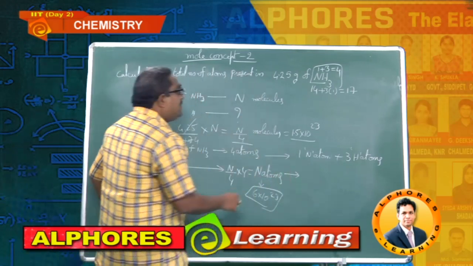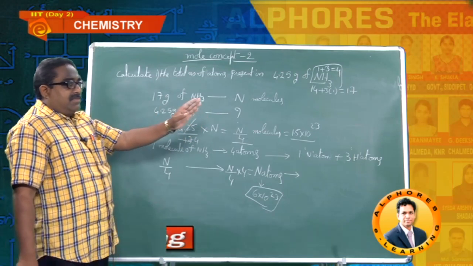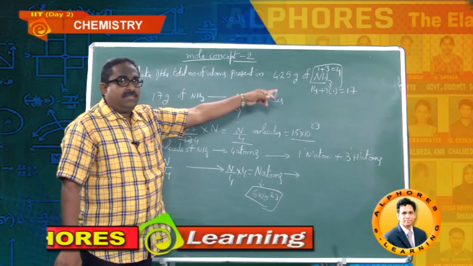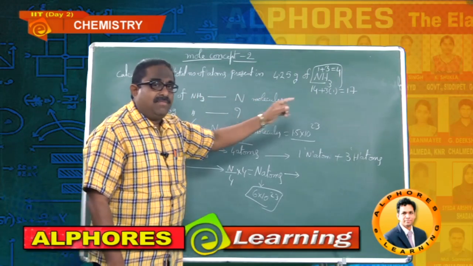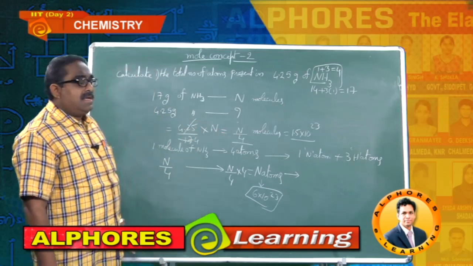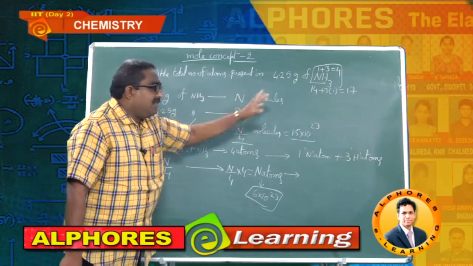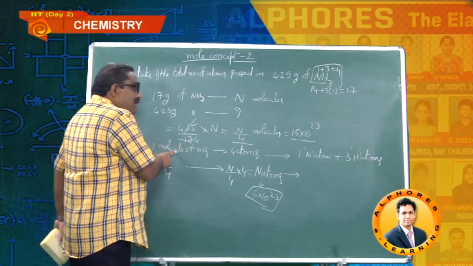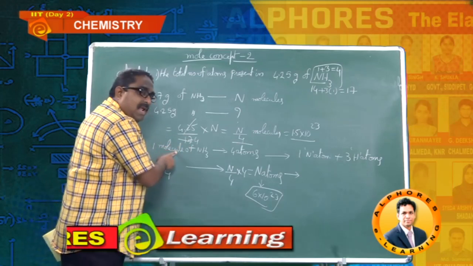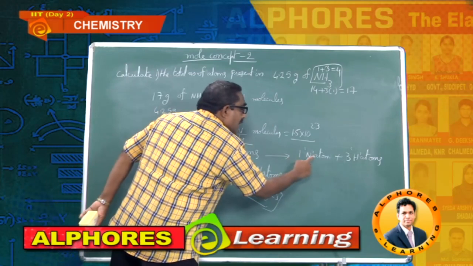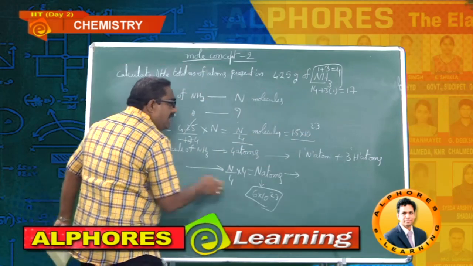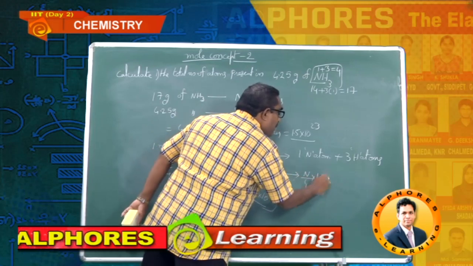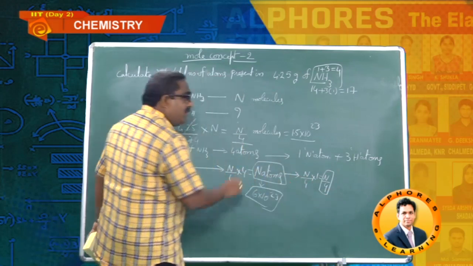Similarly, if the question is asked for individual atoms, that is, how many nitrogen atoms are present or how many hydrogen atoms are present? The same question can be asked even for the individual calculation of individual atoms there. Yes, for that I have written there. Again, 1 molecule of ammonia, observe it, 1 molecule of ammonia, 1 nitrogen atom, N by 4 molecules. So N by 4 into 1, that is N by 4 atoms. N by 4 atoms of nitrogen.